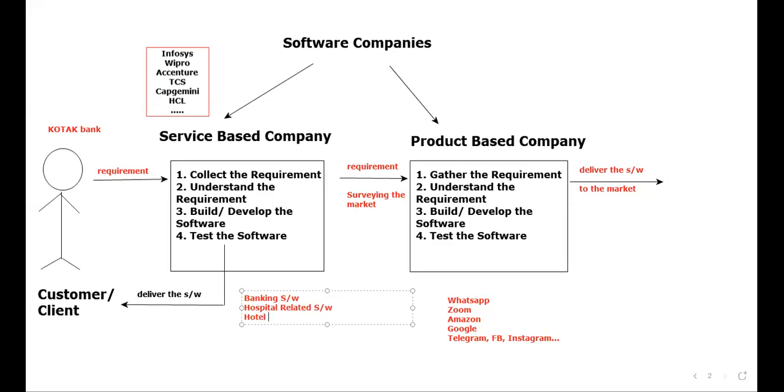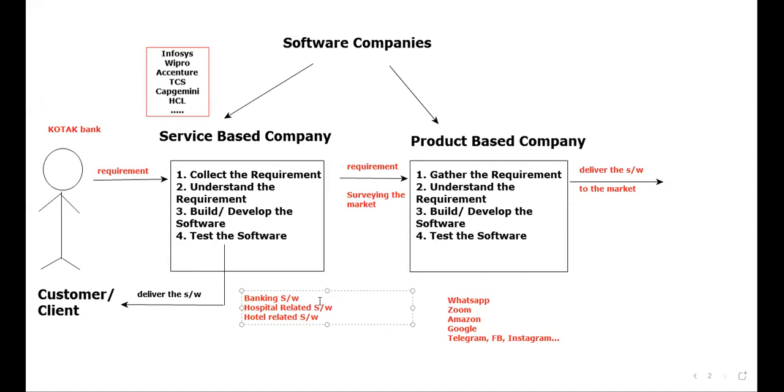Hotel related. Yes, let me just consider hotel related softwares. For example, don't you think if you are visiting any five-star hotel or any three-star hotel or sometimes a normal hotel or resort or whatever it may be, they'll be having their own software? I don't know whether you have observed or not. If you go to any resort, they'll be having the website, they'll be having the application. Correct, right? If you go to a five-star hotel nowadays, I don't think they'll be giving the physical menu. What they will tell, one scanner will be there. Customer, please scan that particular scanner. It will redirect to our website where you can see the food that is there, where you can see the pricing also. There only order for your table, the food will come, you send the money from your mobile only.